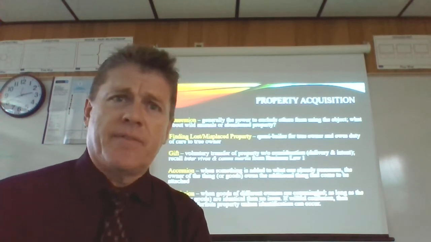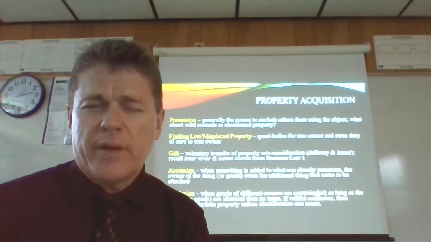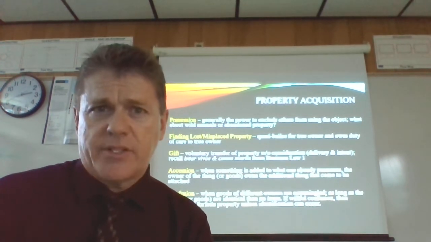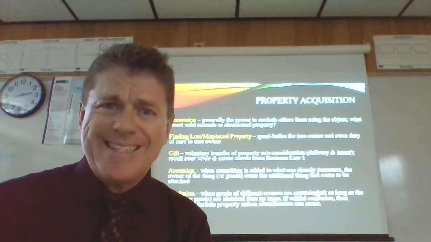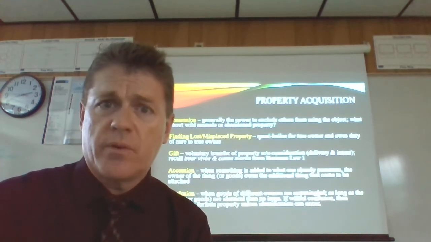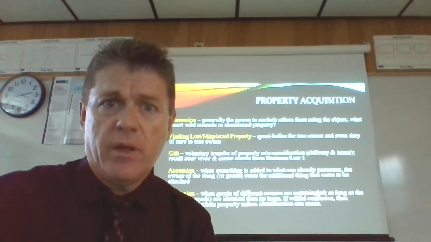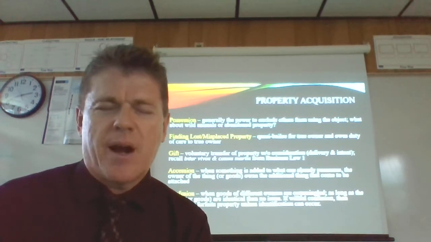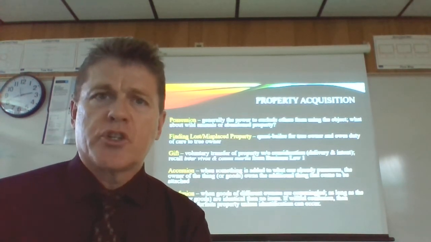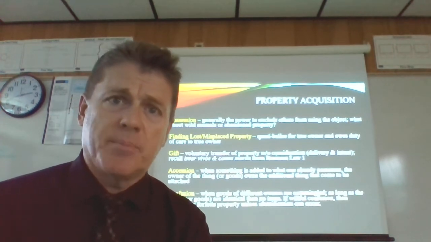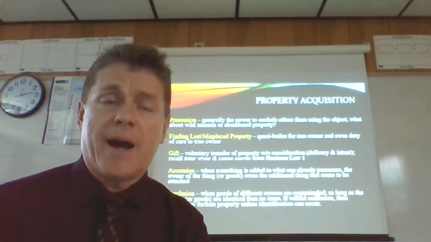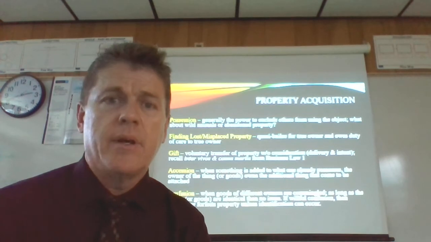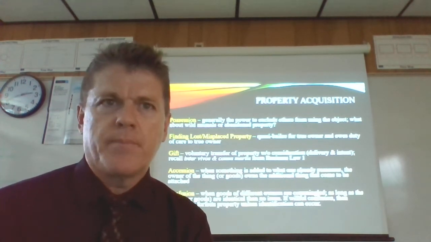A gift is a voluntary transfer of property, and again, from Business Law 1, if you remember, there's inter vivos gifting, and then there's also causa mortis gifting. And so inter vivos is where you or I, as just living entities, want to transfer property from one person to another just by saying, here, I'd like you to have this. Causa mortis is where you have this contemplation of death. And with causa mortis, in contemplation of death, if you give things away, if you don't die, you can retrieve them. You can ask for them back. That's an exception. Normally a gift is a done deal at that point, but causa mortis is the exception.